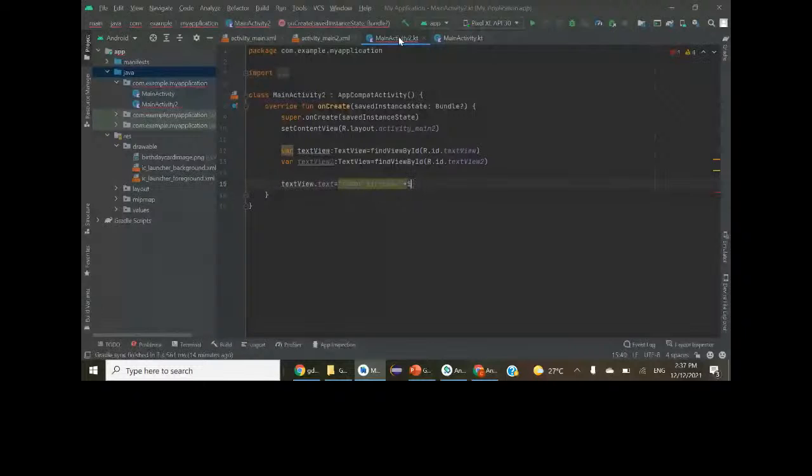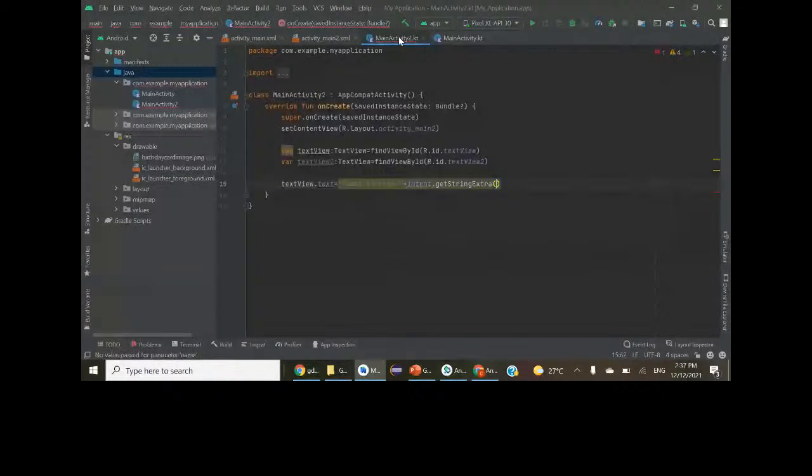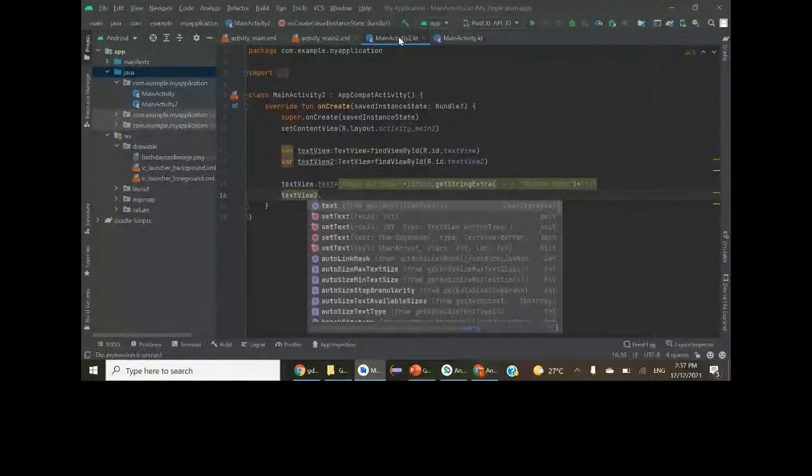Sorry, intent.getStringExtra, that is your friend's name, plus an exclamation mark. Next I will do the same for textView2.text, which is equal to